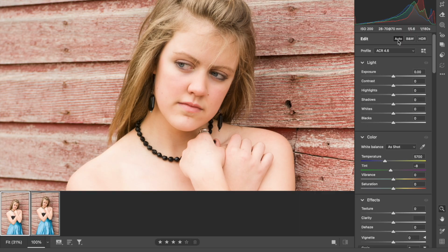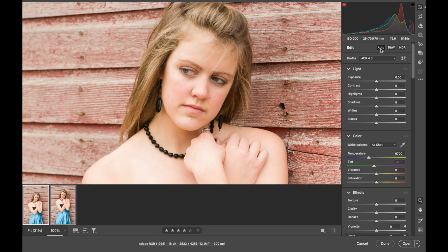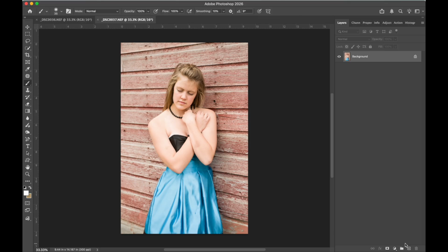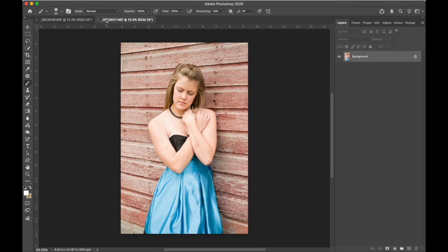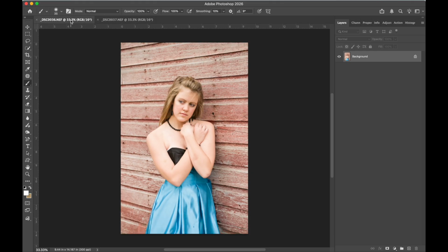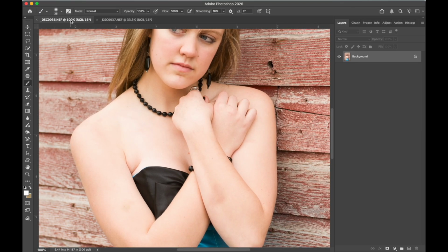So going back over to these two thumbnails, making sure they're both activated, I'm just going to keep the settings the way they are and press this open button. And this will open both of these files in Photoshop at the same time. There's eyes open, eyes closed. Okay, so I'm going to zoom in here again, Command plus, get to 100%,